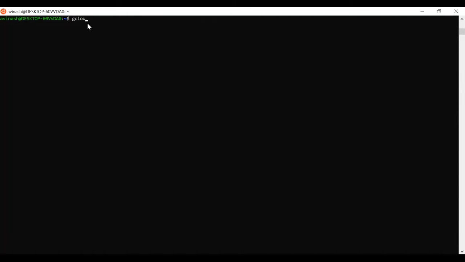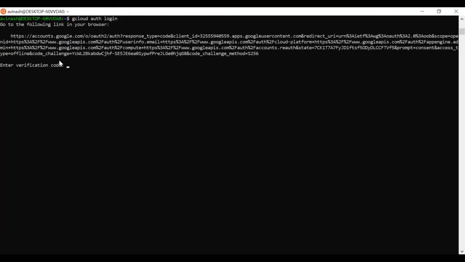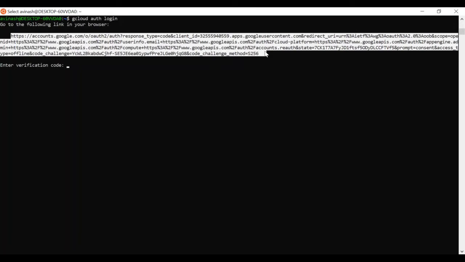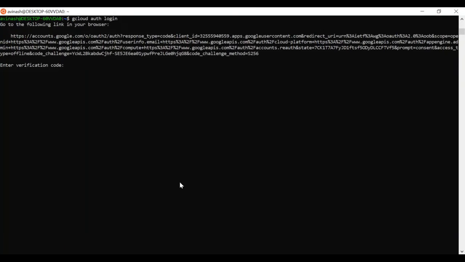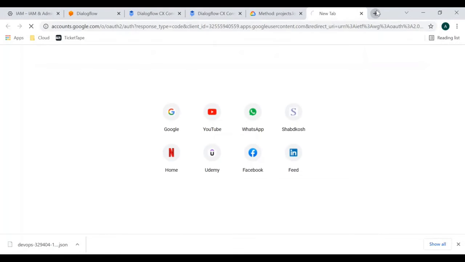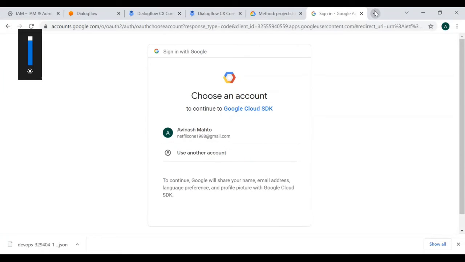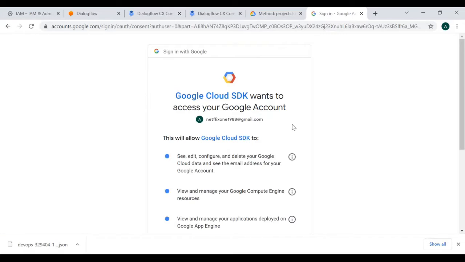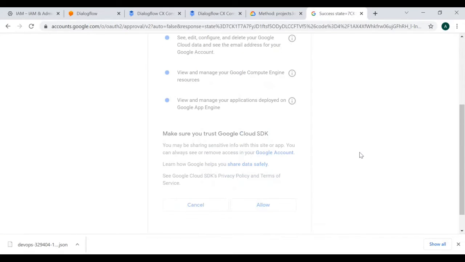What I need to do now is say gcloud auth login. It will give me one particular URL to generate the secret code. I go here, I say allow.